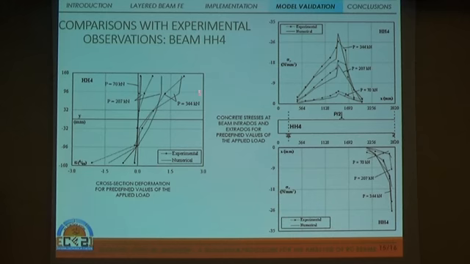Also this graph shows the distribution of normal strain across the cross-section, and a better agreement between numerical and experimental results can be found in this case by increasing the order of the polynomial function used to model the displacement. And here some comparisons are also provided in terms of concrete stresses at beam extrados and intrados for different values of the applied load.